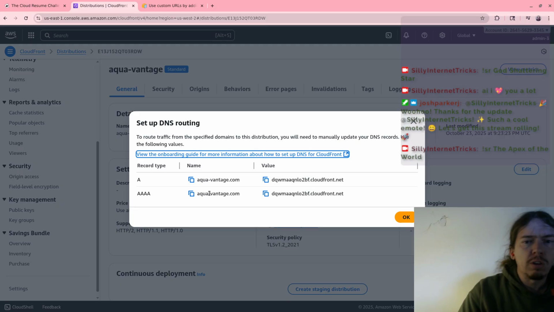Choose distribution. Okay. DQWMAA QNLO2BF CloudFront Net. Shoot. Alias. Oh my gosh. So, no, it's not alias. Simple routing? No. Okay, so yeah, that's fine.